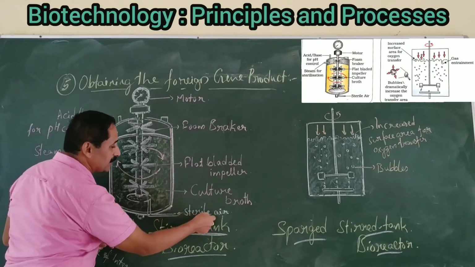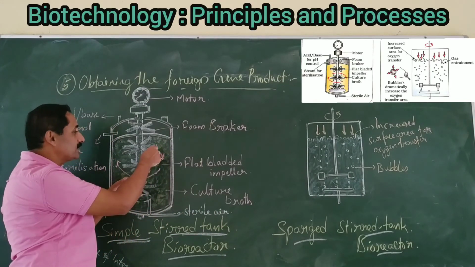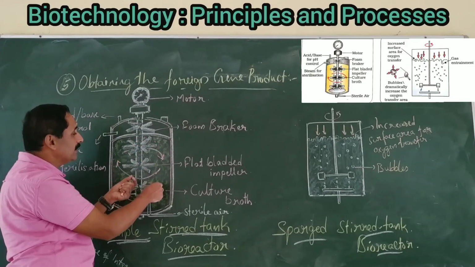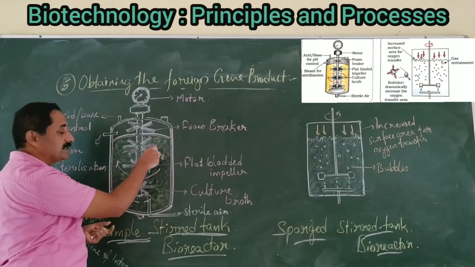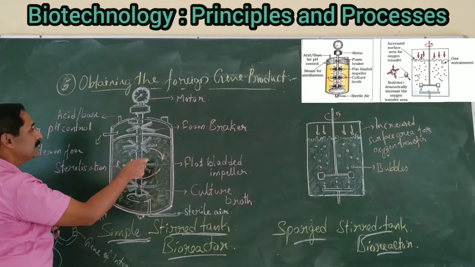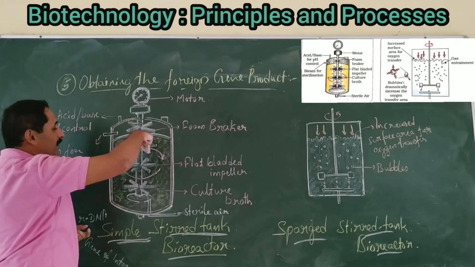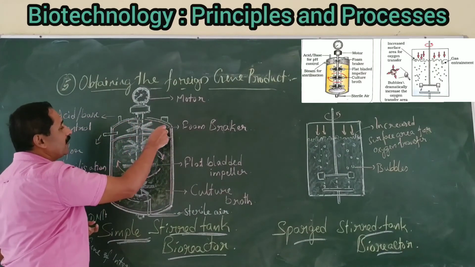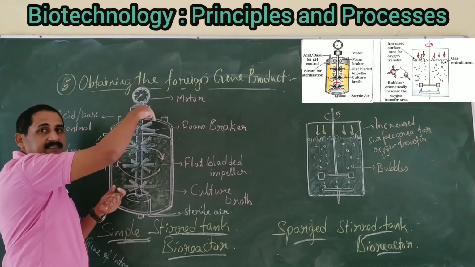For proper aeration, sterile air is introduced. By utilizing the oxygen in the air, the transformed microbes divide and produce large copies, their clones. A large number of bacteria are produced, and when it is stirring, it produces a large amount of foam. There we can see a foam breaker that breaks the foam.